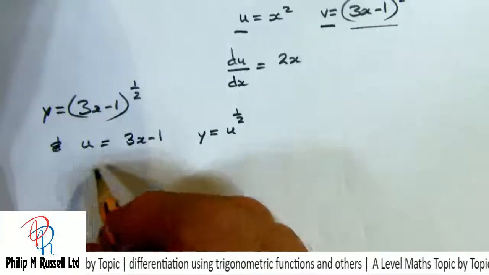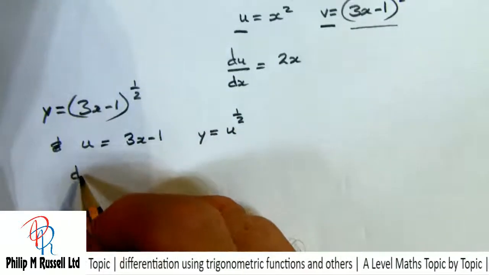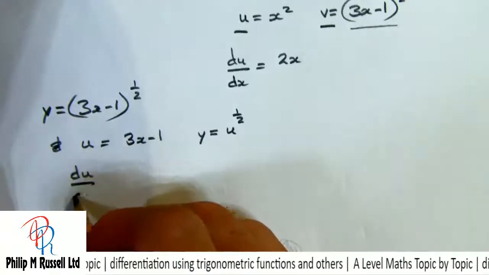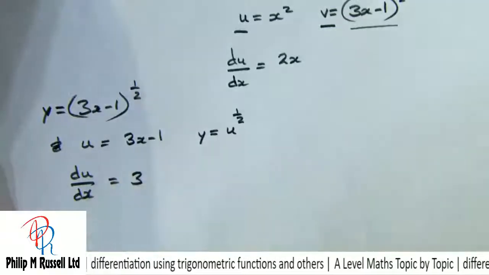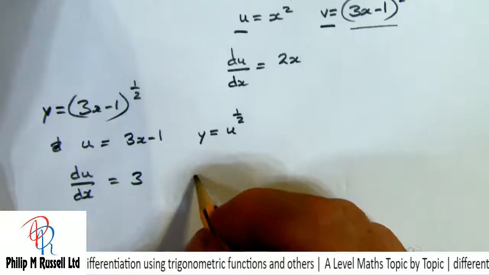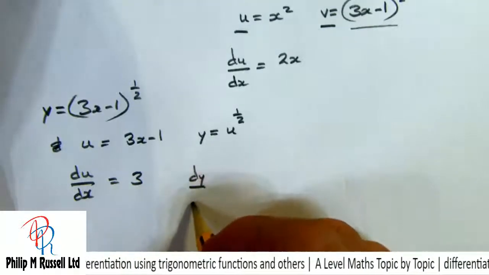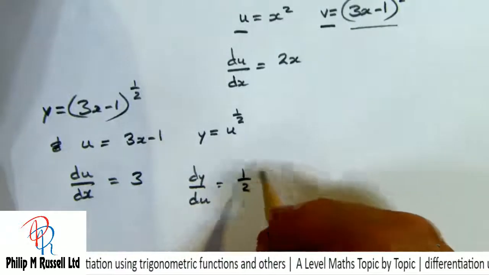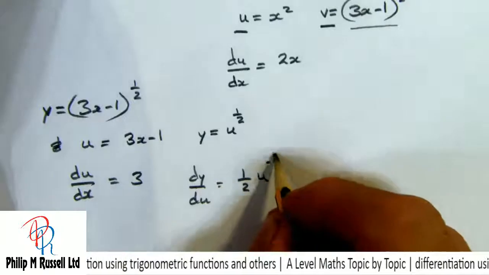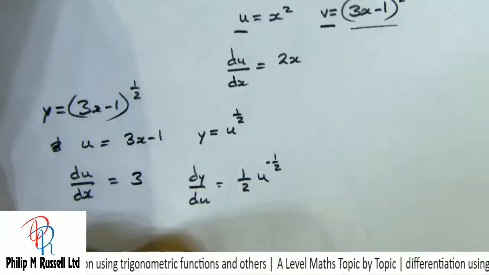Let's differentiate each of these. We've got du by dx, and this is going to give me 3, and dy by du is going to give me a half u to the minus a half. Putting these together,